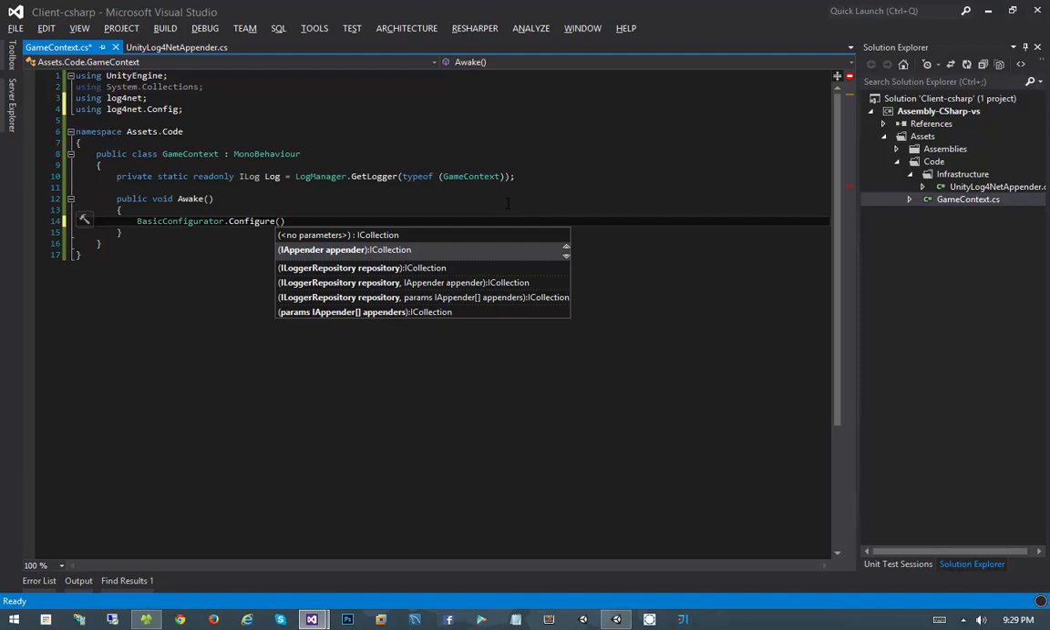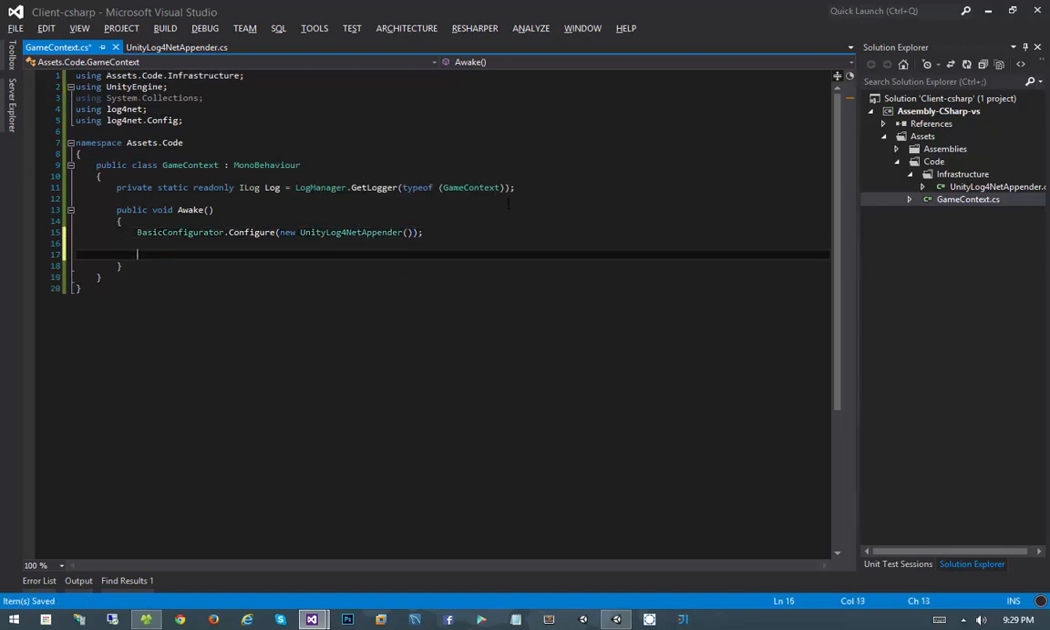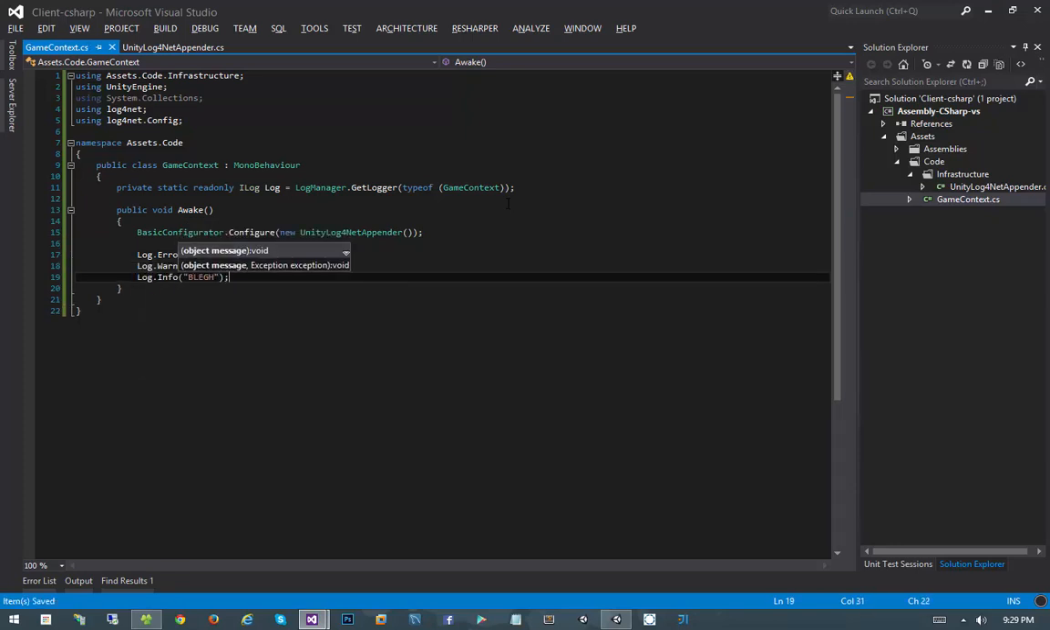So that's exactly what I'm going to do here. I'm going to pass in a new instantiation of Unity log4net appender. Now, you guys don't have to do this, I'm just testing the logger for now. I will do log error, log warn, log info. Next up, I am going to do one more thing here, just preemptively, because we're about to go attach